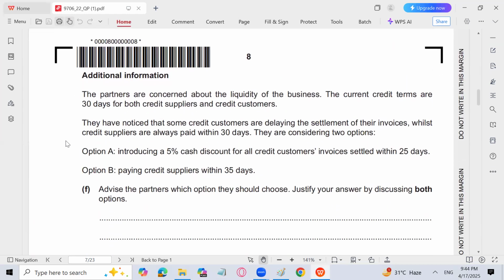Next part, I think time is short. The partners are concerned about the liquidity of the business. The current credit terms are 30 days in,